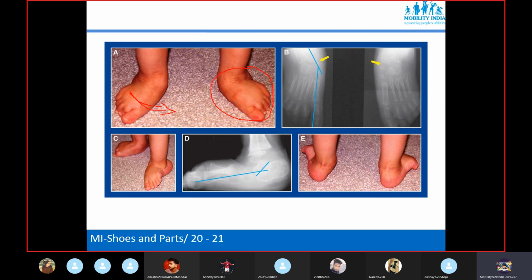If this one is fixed, we need an out flare shoe last because we need to maintain the same shape. There you can't do any correction.